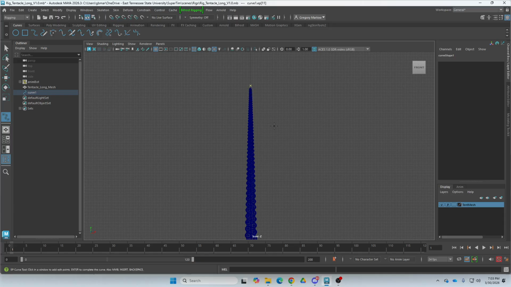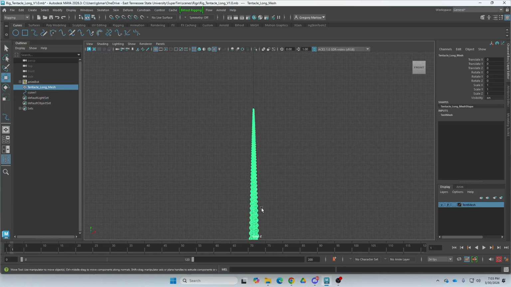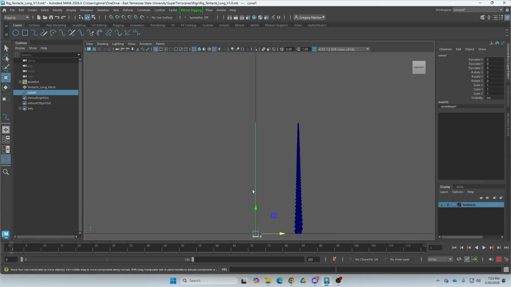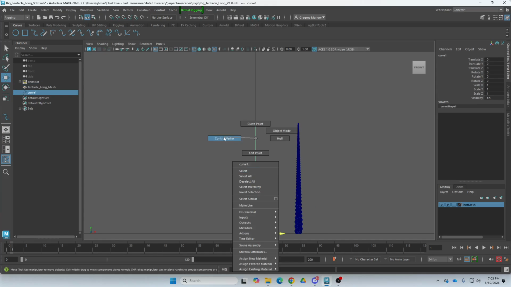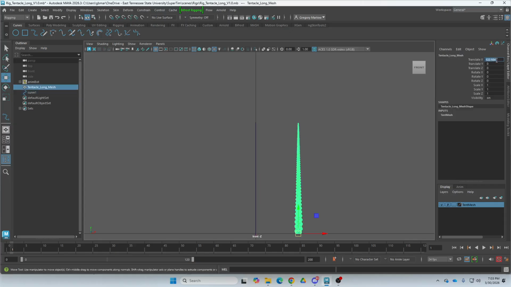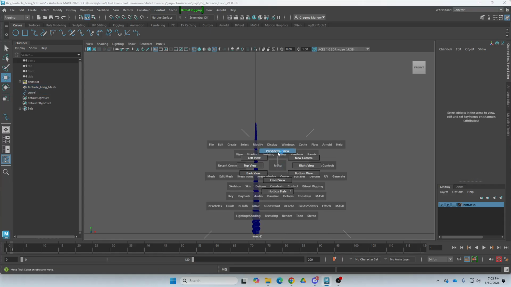And so what you'll see now when I hit enter, if I were to move this out of the way, is that I just have a curve down the middle, right? And I have these control vertices that allow me to work this curve, right? So let's zero this back out and get it back where it was. And I can go to my perspective view,